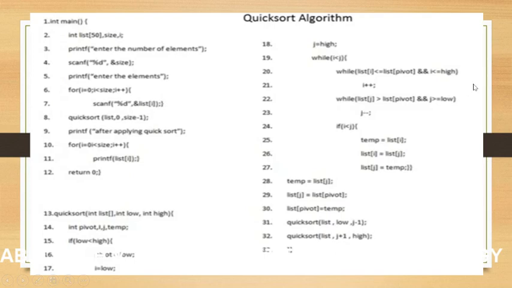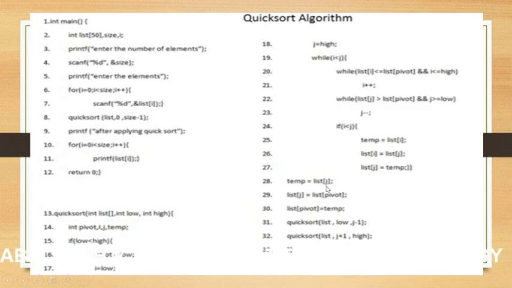Similarly, we perform the scanning operation from the right side. We take the last element and compare it with the pivot element. As it is at the right side, it should be greater than the pivot element, and we keep decrementing j while this condition is satisfied. Once we find an element which is not greater than the pivot element, we stop decrementing j and enter this branching statement. Here, if i remains less than j, we exchange the values of i and j. Otherwise, we move directly to the next step.